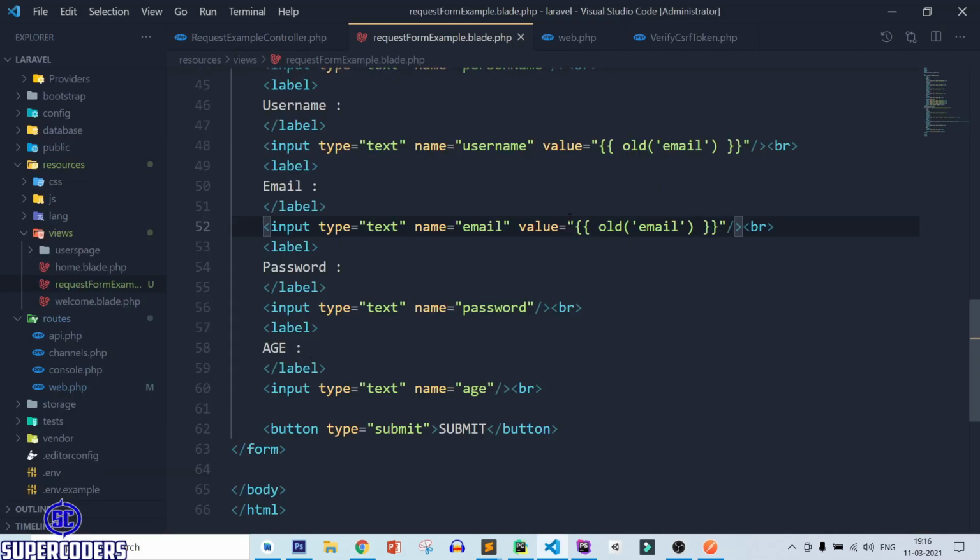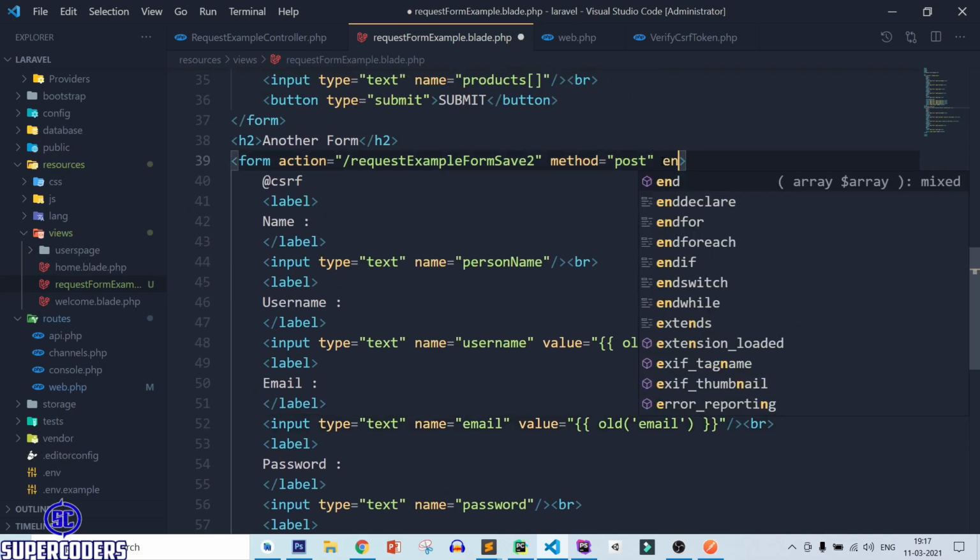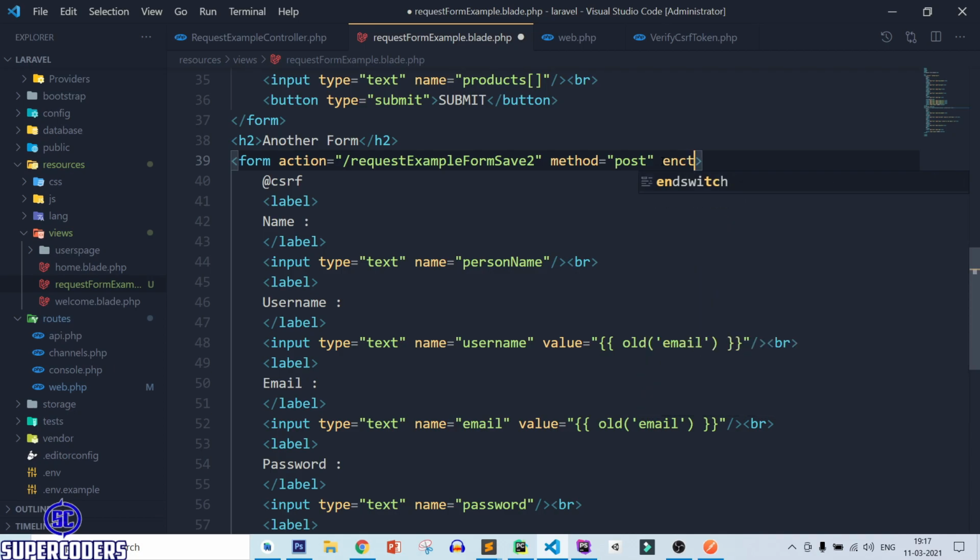After that, let's see the next and last example, which is how you can use file upload in Laravel. For this, let's add a key name here. Here we add an encrypt type, multipart form data.